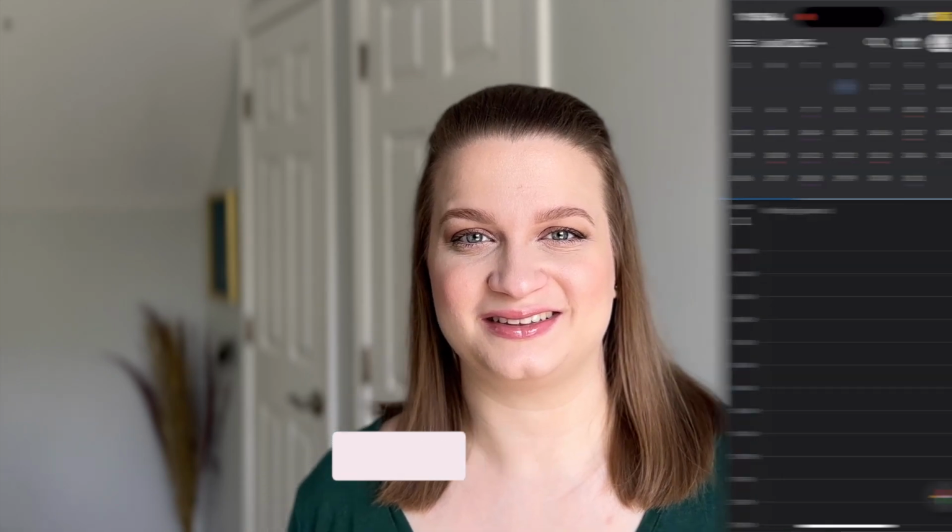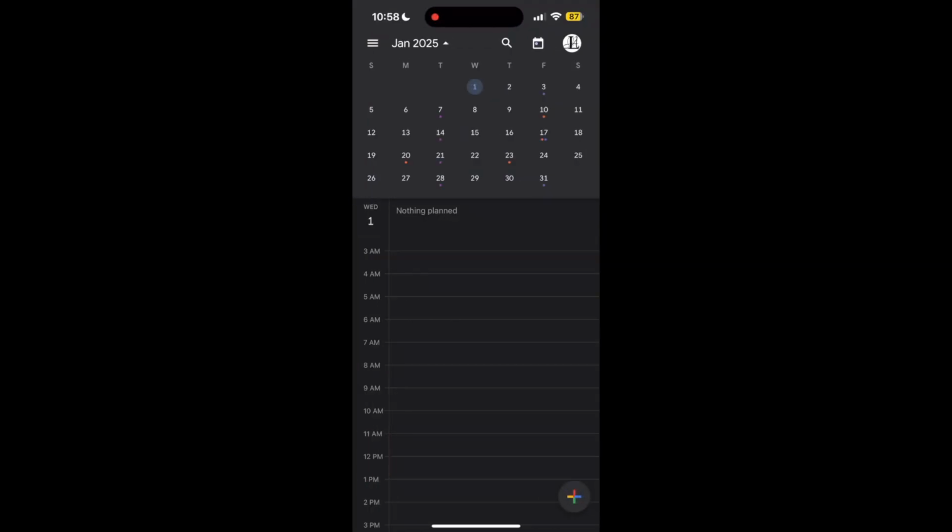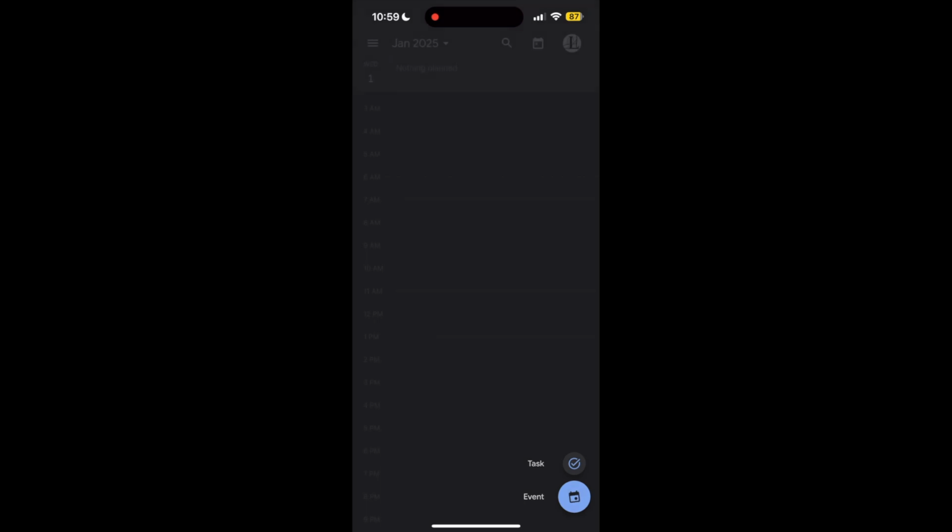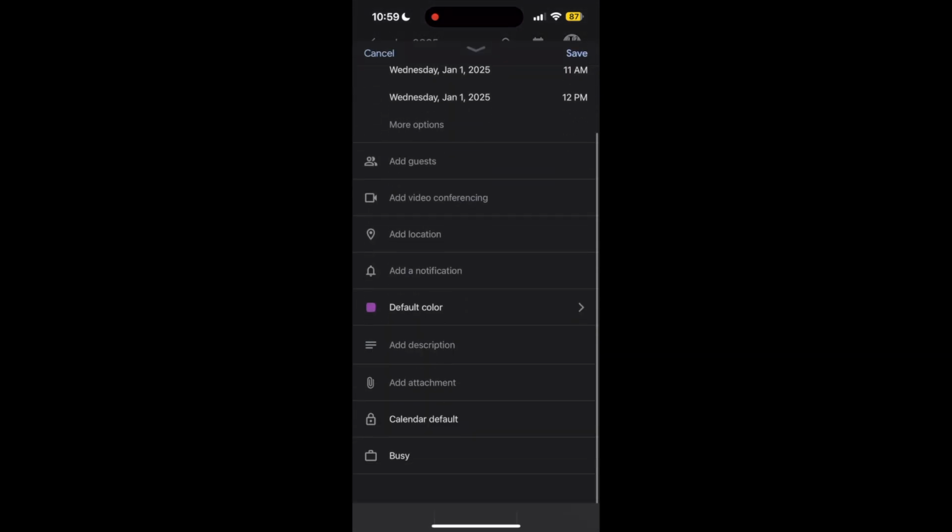I'm going to start by going far into the future to January 2025 so I can show you what an example of scheduling looks like. As you can see, there's nothing currently scheduled on this date. If I did already have a booking through my CRM Dubsado, then that would already be in the calendar here as well. But that part doesn't sync through to my team members. They aren't able to see any information about that booking, which is why I have to manually schedule them through Google Calendar. So you start by clicking the little addition sign and then you click event,